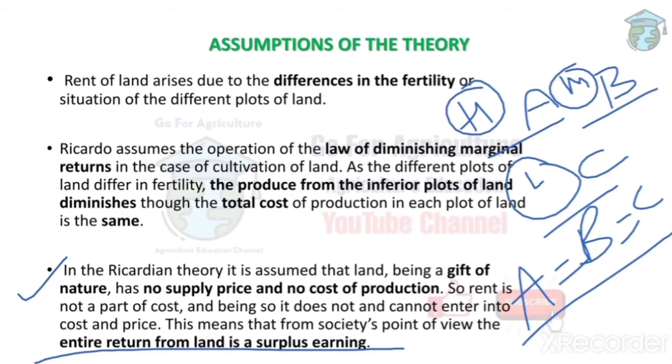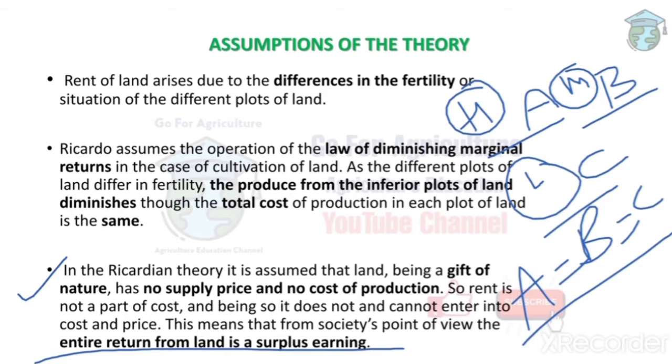So due to higher productivity in A, so A का harvesting करने के बाद, so the total yield जो है तो for example 50 quintals per hectare for example. लेकिन B का productivity कम है when compared to A. So for example its yield is 20 quintals per hectare. मतलब यहाँ पे A and B, A's yield is 50 and B's yield is 20. So ये है productivity है, मतलब A का productivity ज़्यादा है when compared to B. So this is how the rent is. It is due to differences in the fertility, मतलब productivity.